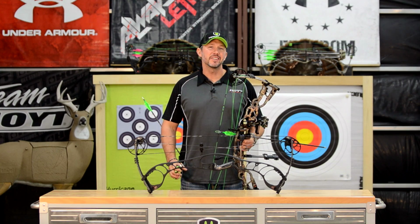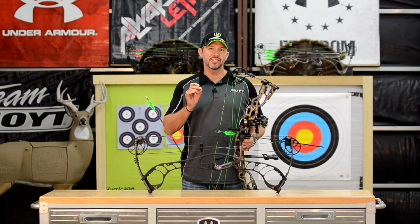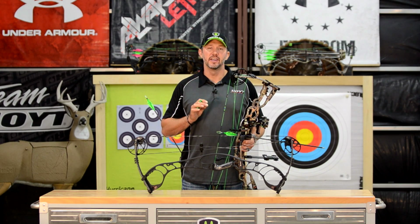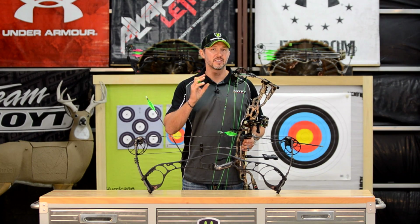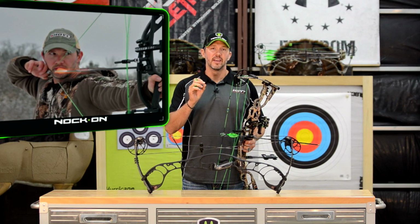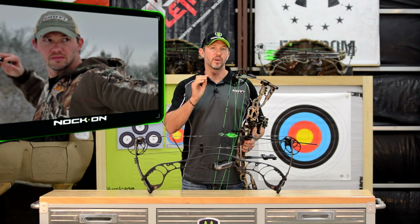On this segment, I'd like to talk to you about the importance of follow-through and how those fractions of a second actually play a big part in your accuracy. Although you may think that when your release clicks, that arrow instantly leaves the bow, and it does leave very fast, there are fractions of a second that are still there that have an immediate impact on where your arrow